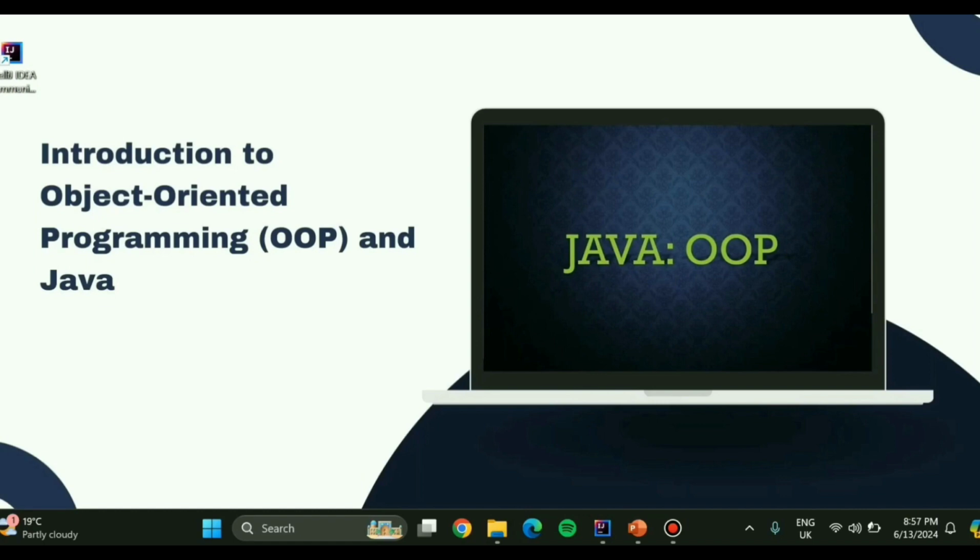Today we will explore the fundamental concepts of object-oriented programming, or OOP, using Java and IntelliJ IDEA. So let's get started. Object-oriented programming, or OOP, is a programming paradigm centered around the concept of objects. These objects can contain both data and methods that operate on that data. OOP provides a structured way to approach programming by organizing software designs around these objects, which can represent real-world entities